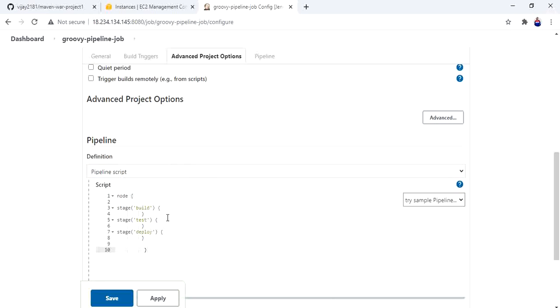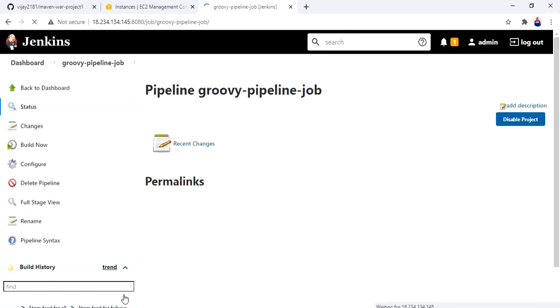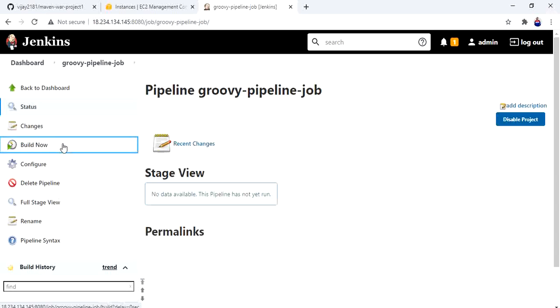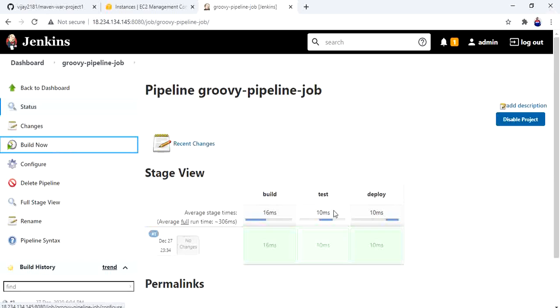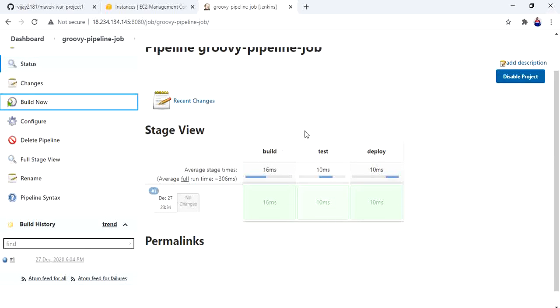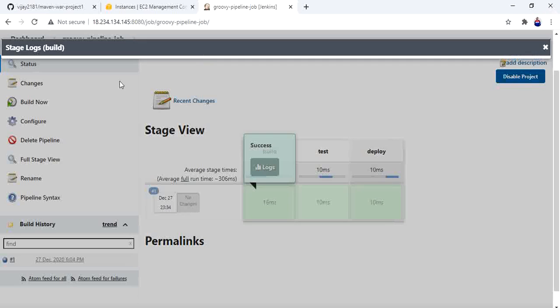Okay, this is dummy syntax. Okay, build now. Sample one. See, build stage, test stage, deploy stage. I have not included any steps in the stage, that's why it's not showing. Here you can check logs.